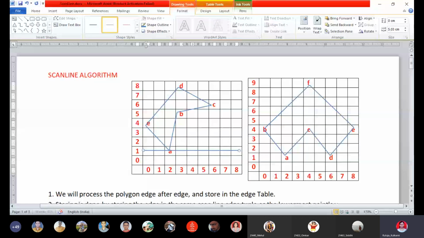Then scan lines move from left to right as I told you. We are going to start our algorithm from the y minimum, and in our case y minimum is 1 and y maximum is 8. So we need to move from y min to y max like that.